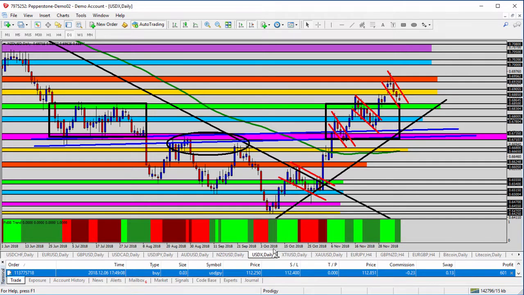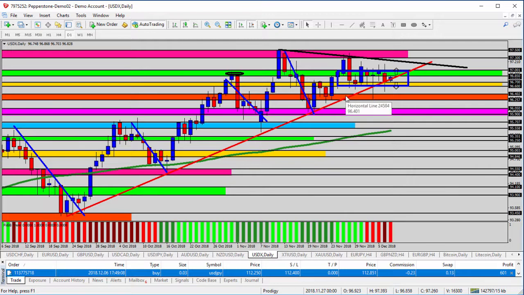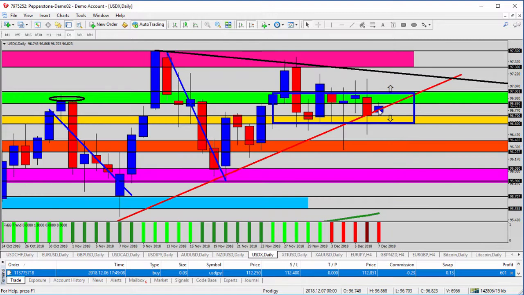Well, let's go over here real quick and take a look at the US dollar index chart. We've been in an uptrend, you can see that with the red trend line. If you zoom in and take a look at the past seven days, counting today too, we've been bouncing around between the green and the yellow shaded area. So if the US dollar index rises, say we get good news for non-farm payrolls, the US dollar rises, breaks through 97 and continues to go up, challenging the highest highs into the 97.30, 97.40 level, breaks that and goes up in the direction of the long-term trend,